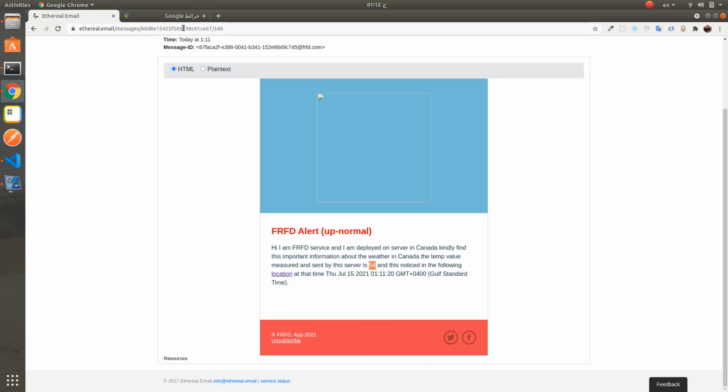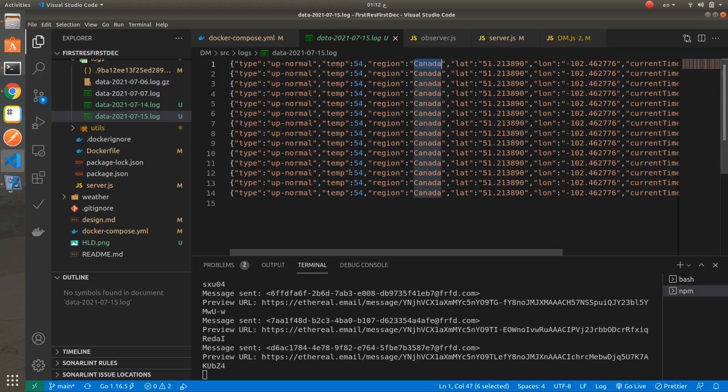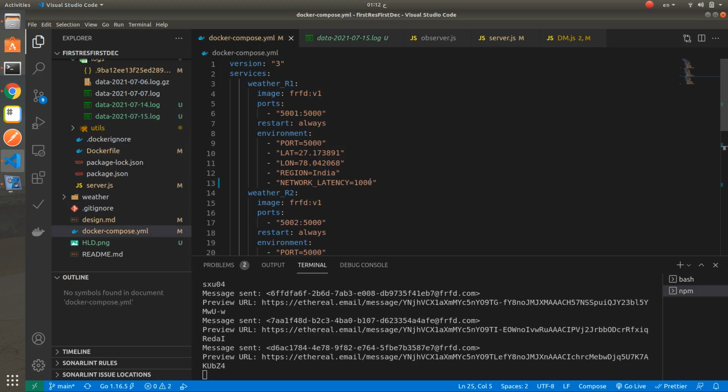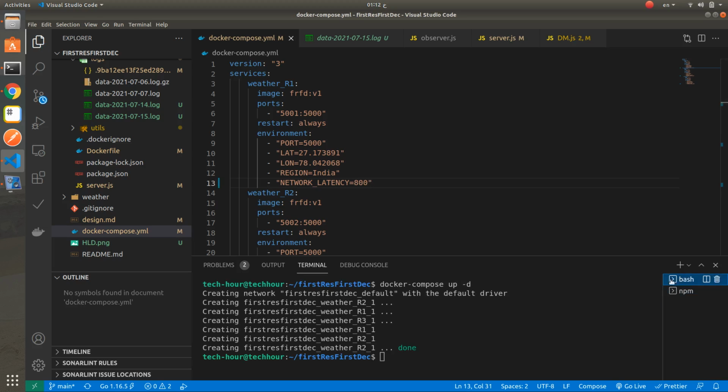Now let's change the network latency for the India server and make it 800 milliseconds.